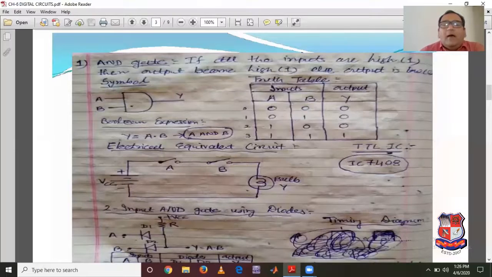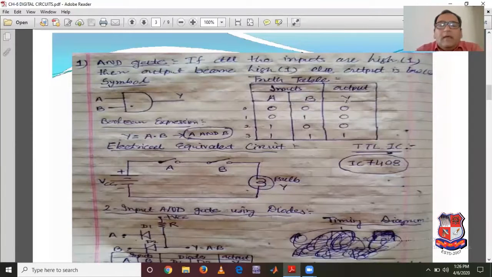Now from the definition I can make the truth table. Truth table is nothing but it indicates the input and output of the logic gate. So in the truth table, we have to write down the inputs and output. Here there are two inputs available, named A and B, so I can write A and B, and output is Y. So I can write here Y. Now here there are two inputs available. So how many possibilities of the input do we have to discuss? As there are two inputs named A and B, the possibilities of the inputs are 2 raised to 2, that is 4.